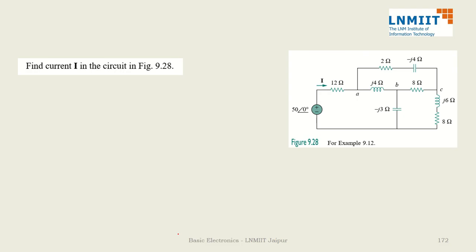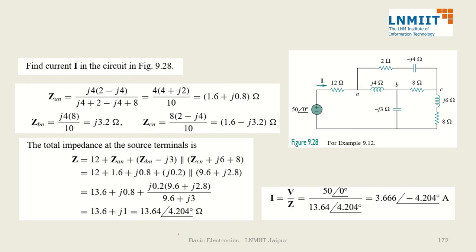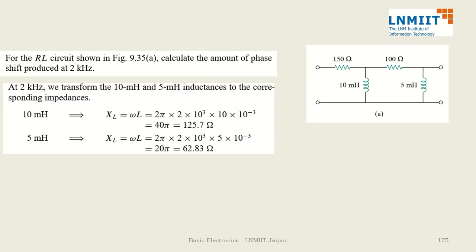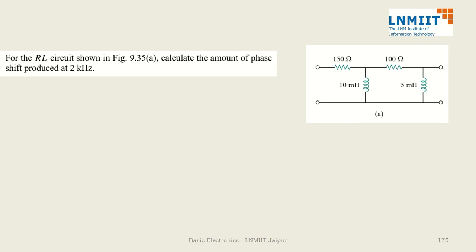For any circuit, we have to do exactly the same thing. Sometimes we don't mention omega, we directly give the circuit in terms of the frequency domain. So this is what is given here. The process will be the same. In this question, what are we asking? What is the phase difference if I have a frequency of 2 kilohertz, the phase difference between V1 and V2. Basically, we are asking what is the ratio of V2 and V1, and in this ratio, I will get some R angle phi. This phi is the phase difference.